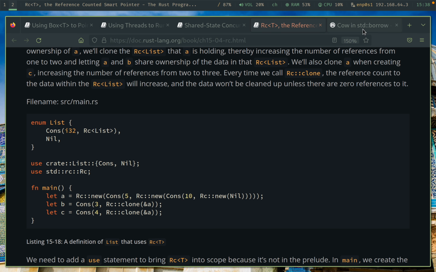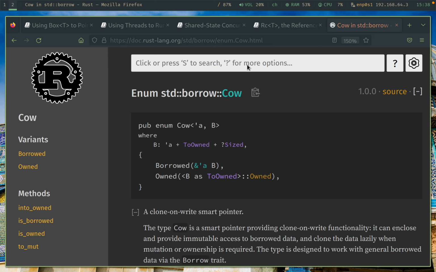So Cow actually is something, honestly, I've never used, but I can see that it can be useful in very specific situations. So Cow basically is an enum,